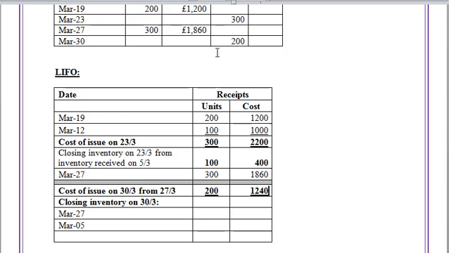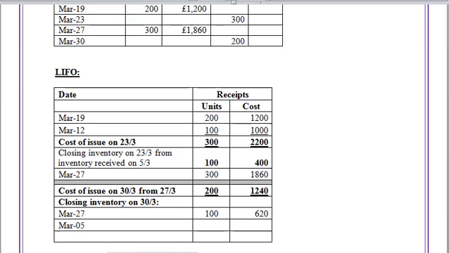The closing inventory will be made up of the remaining units in this bracket that you have not yet issued, which is 100 units. So we have 100 units from that bracket, and it will cost us £620,